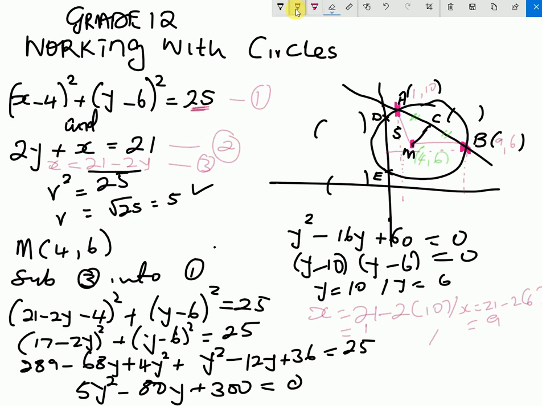Be careful there. That one is 9, right? This one here is 6. This one there is 10. Okay, you can see them. All right. Now people,